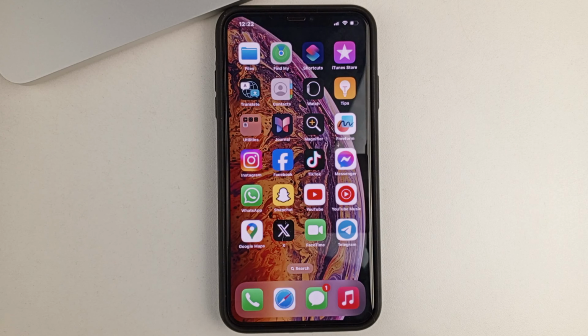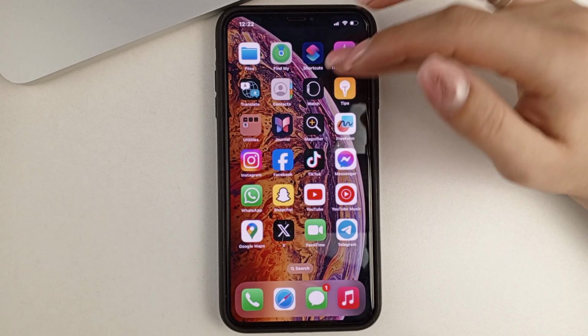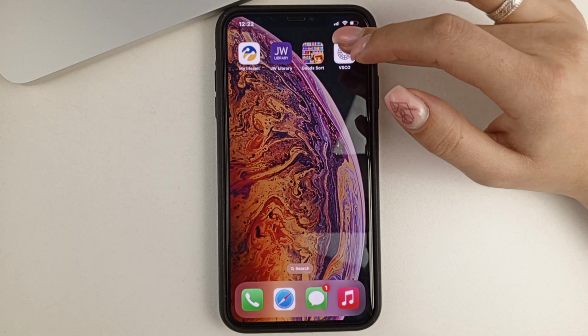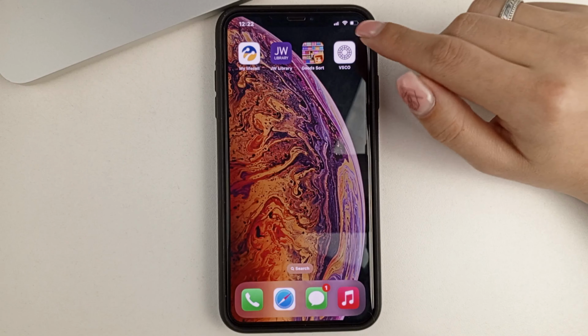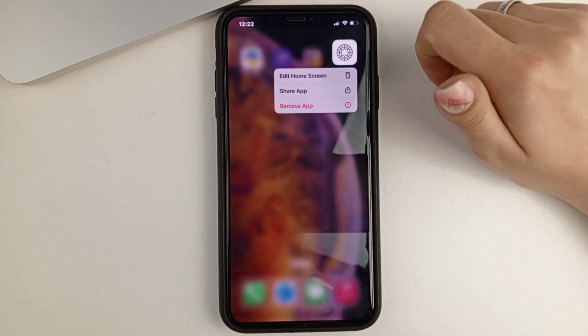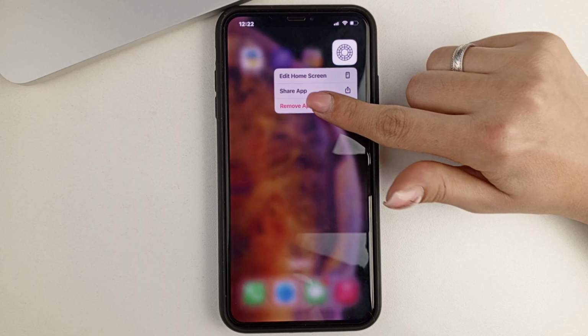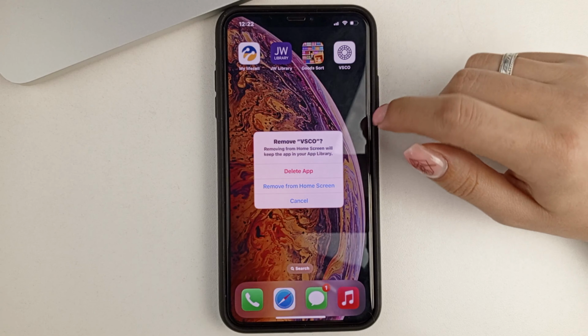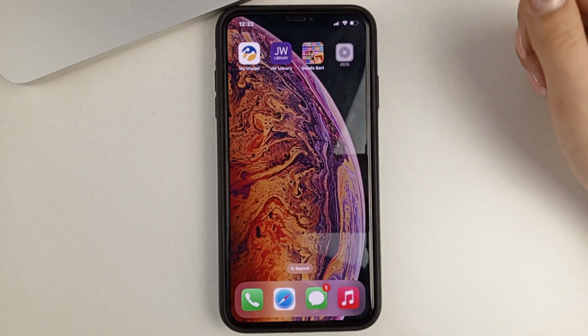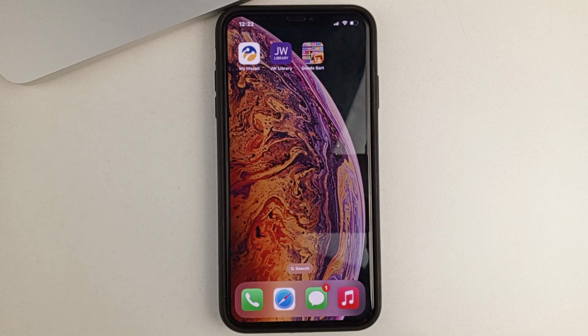So, first of all, I generally want to show you how you can delete an app from the desktop screen. To do this, we need to select the application that we want to delete. Then we press and hold on it. And then we get the Remove App line. We click on it. Then we confirm our action by pressing Delete App and delete again. As you can see, in this way, the application is removed not only from the working screen, but completely from the phone.